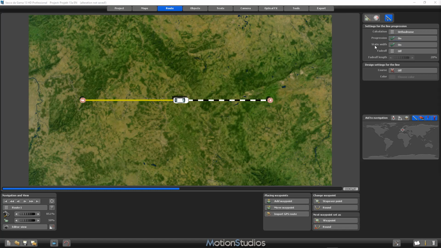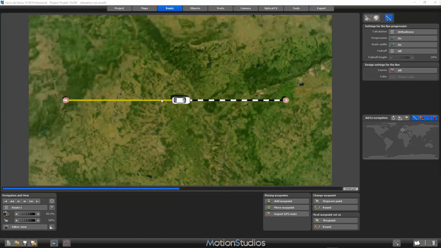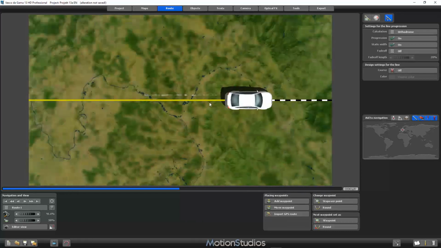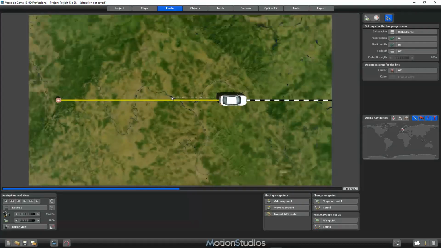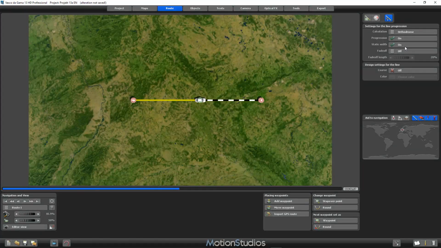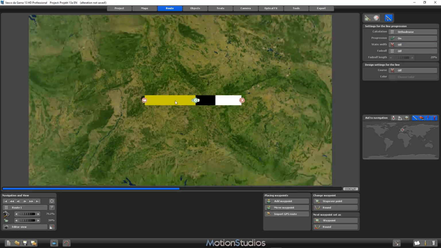The next parameter, static width, is by default turned on. And that means that the route line here has always the same width. So let's zoom in, and you see the yellow line has always the same width. And when we turn it off, then the route line looks much wider, because now the width parameter of the definition of the line